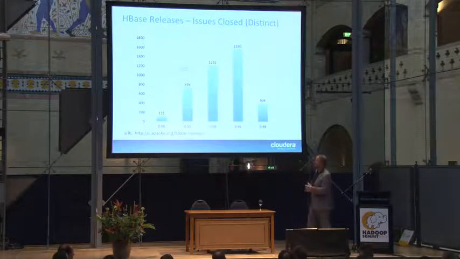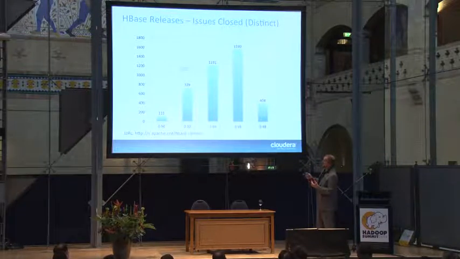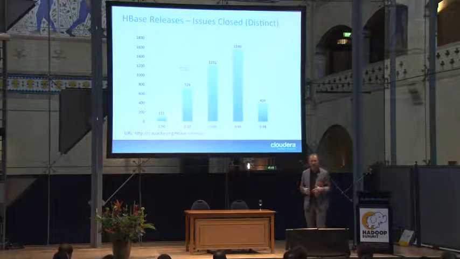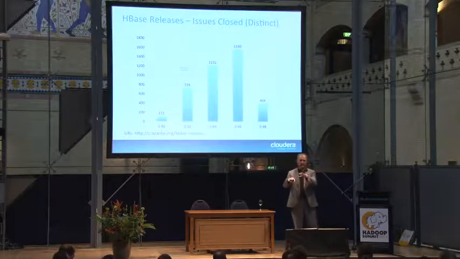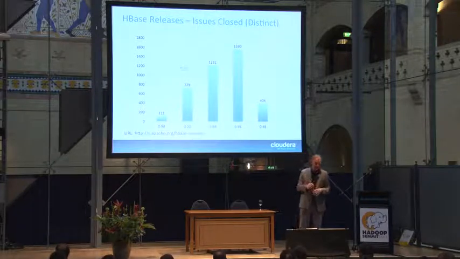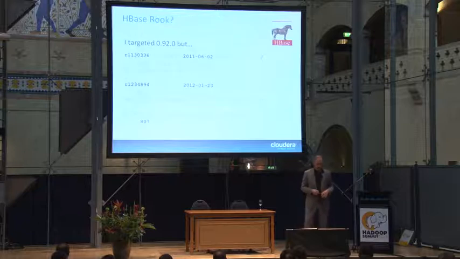And that's how it looks now, which is much more sensible, because now we can say 96 added a huge amount of 1,500, but 98 only added 400 new ones. This is much smaller than before. You think there's a lot in there, but it's because all of the important JIRAs from the previous version went in there as well.